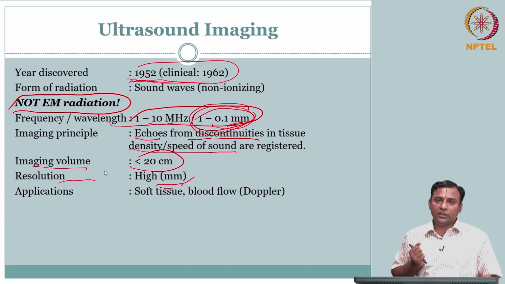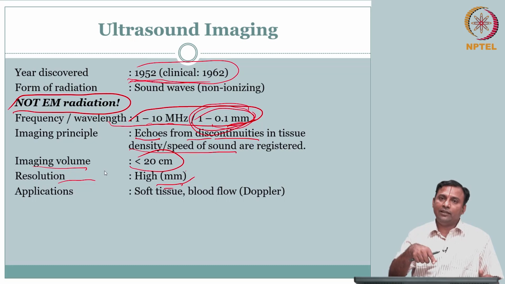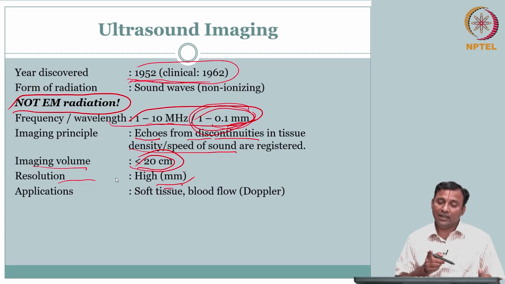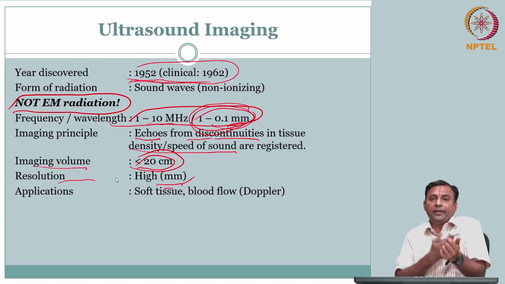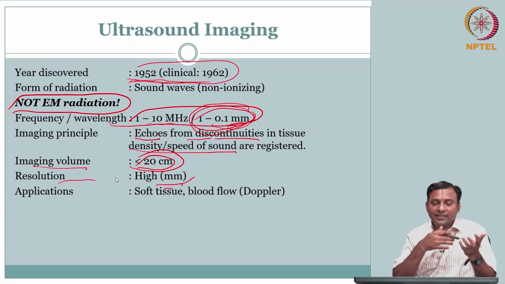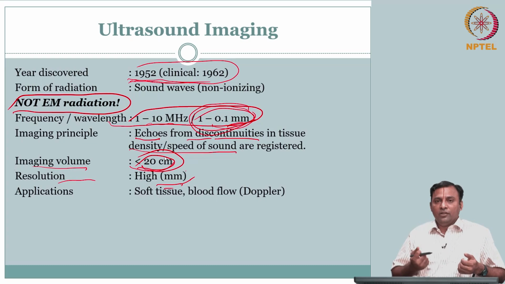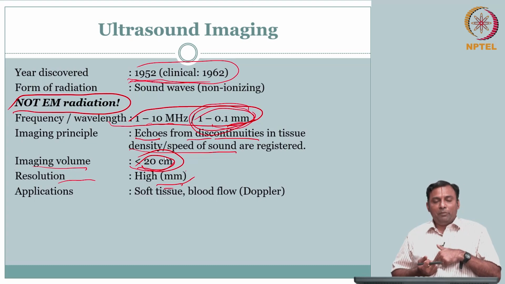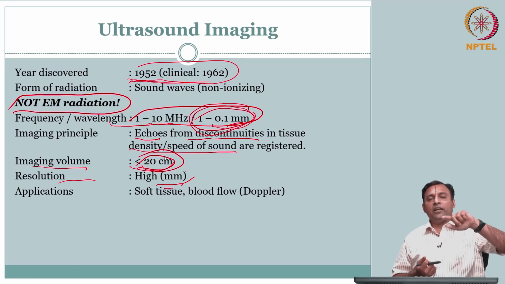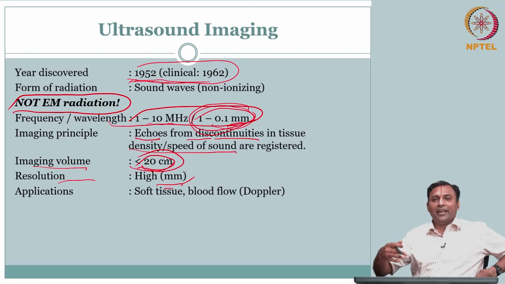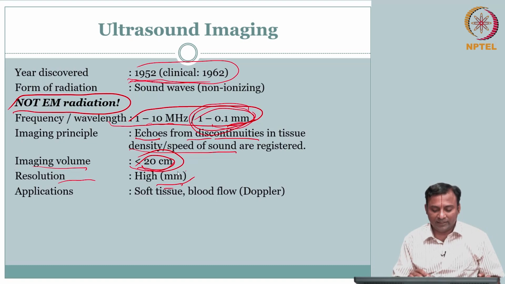So essentially your field of view is very limited. You can go to a location that you want, and from skin inside the body you can go in the order of centimeters. That is a plus compared to, say, optical. Optical comes out from the skin, you cannot really see inside. Here you can go for several centimeters. 20 centimeters is no joke. If I keep it from the front, I can go back and do 20 centimeters, so 40 centimeters I can do, and it's fantastic. You can still push it further with certain compromises.